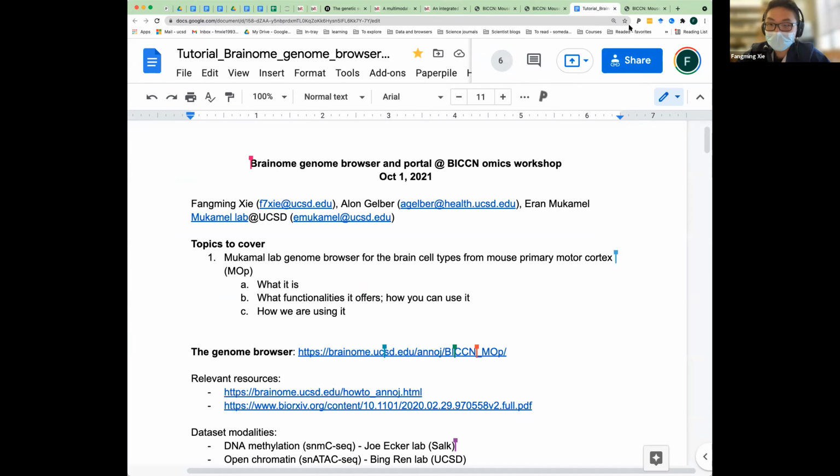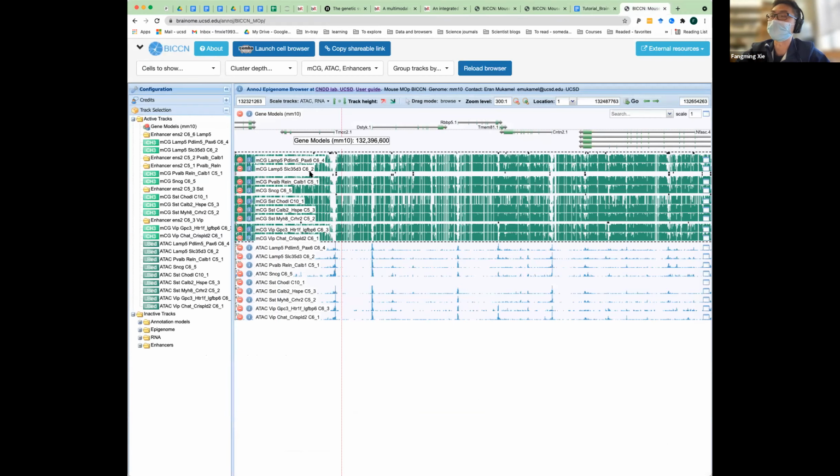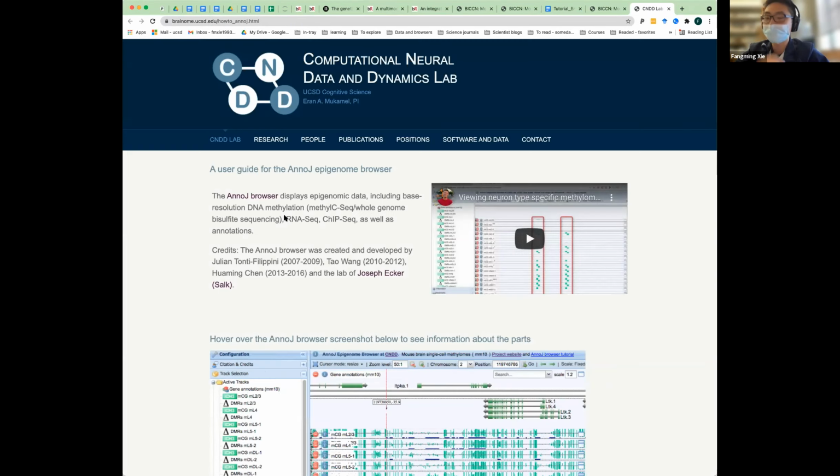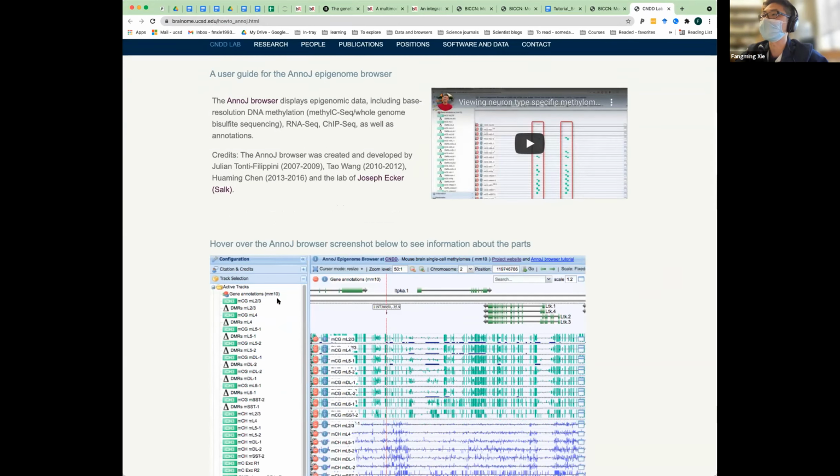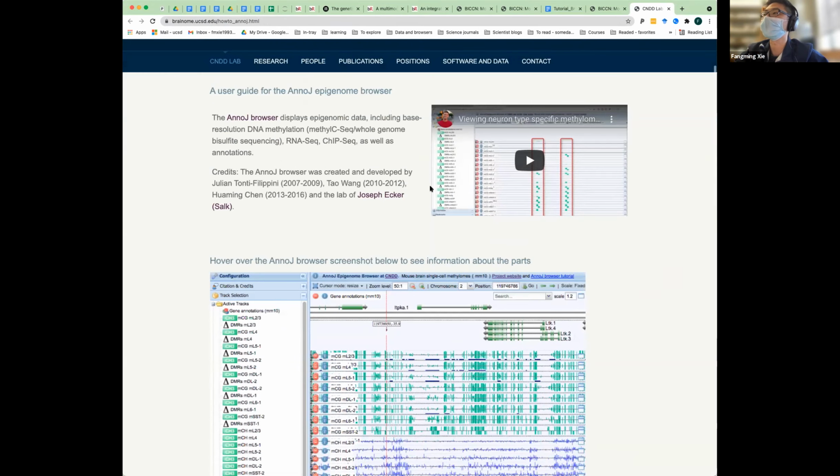So there are two good places you can find resources to learn more about this browser. One is from the entry page of this browser. On the top panel, you have a couple of buttons, and there is one about right here. Do you see my annotation, some green circles? If you click on that button, let me first remove everything. Click on this About, and that takes you to a page that gives you an overview of the interface of this browser.